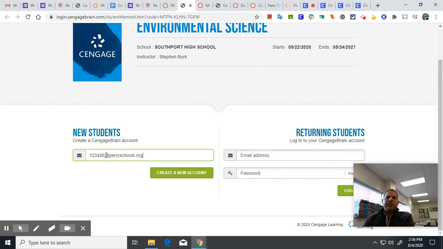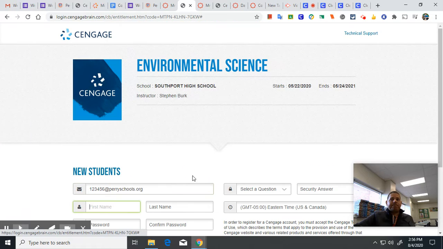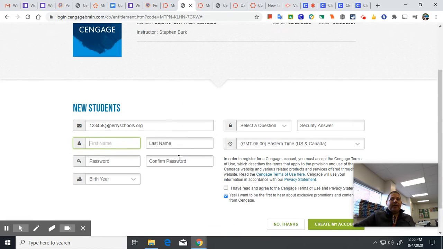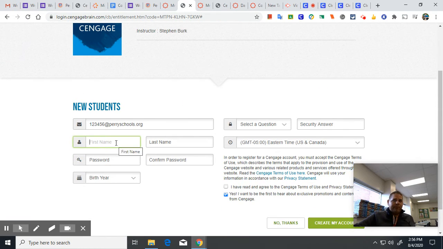perryschools.org, and everybody should have their own student PIN number given to them through the main office or through the district. Once I hit create, it asks a little bit of information about me, my first, my last name. It asks me to create a password that is only going to be known by you. So make sure you pick a password that you can remember. It might be a certain name of a singer, something that you will always remember